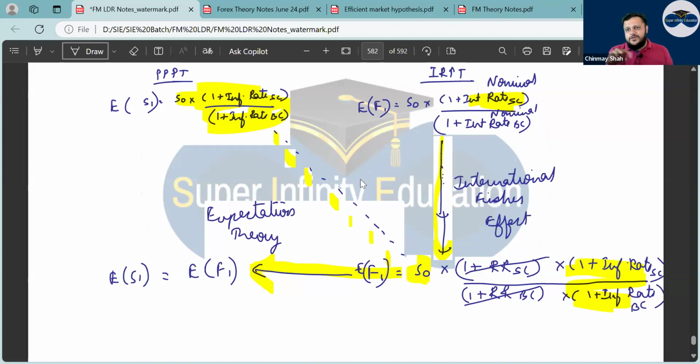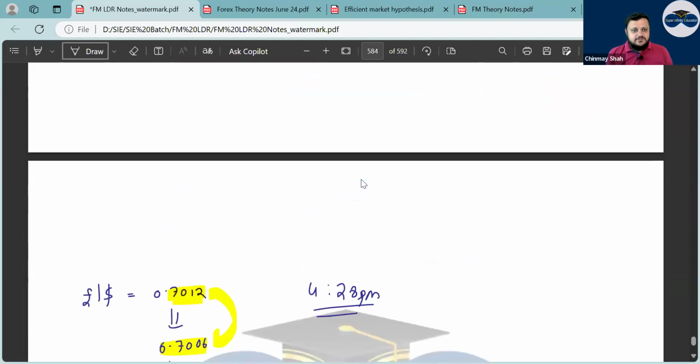So breaking it up into 1 plus real rate into 1 plus inflation rate, right? If you break it up and bring the inflation rate from here, the base rate is the same in all countries all over the world, which is the basic assumption of four-way equivalence. So the base rate cuts out, the inflation rate cuts out. You have E(S1) equal to F1, correct? So by the expectation theory, both of them have to be equal. So have a look at the four-way equivalence.